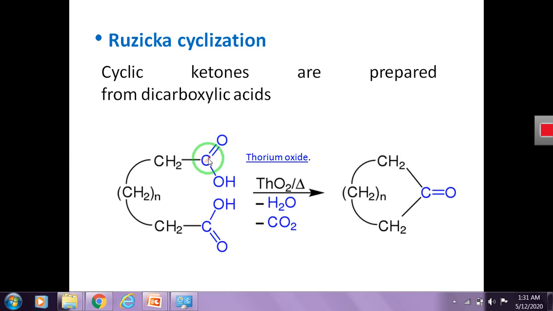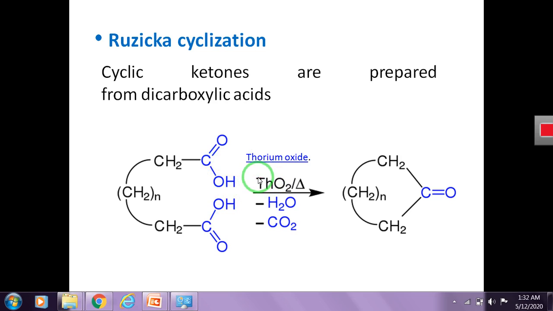You can see here C double bond O, OH is a carboxylic acid group. So we have here in this compound two carboxylic acid groups, one is this and one is this. So how does this dicarboxylic acid produce ketones? We can see here when this dicarboxylic acid